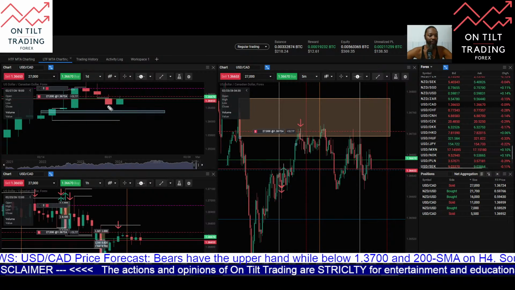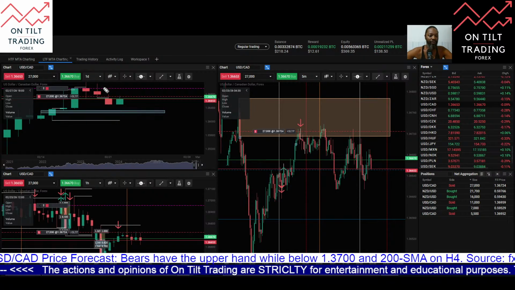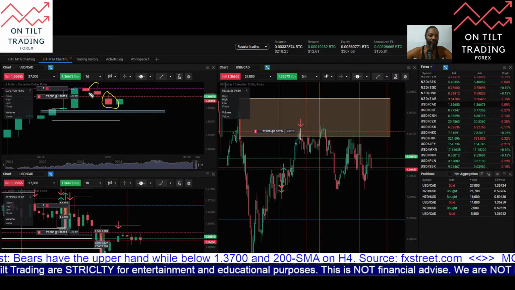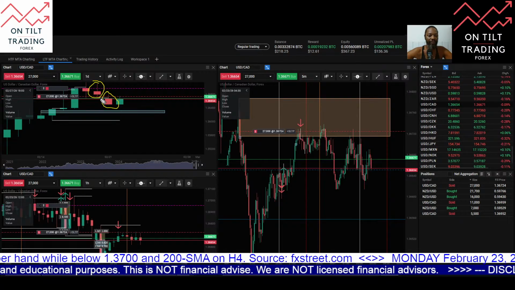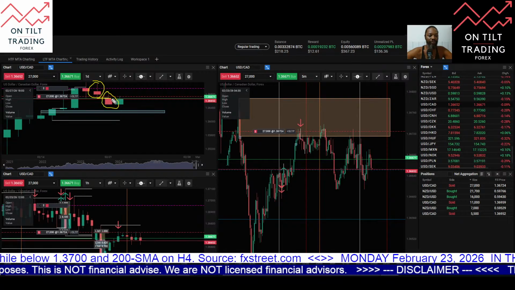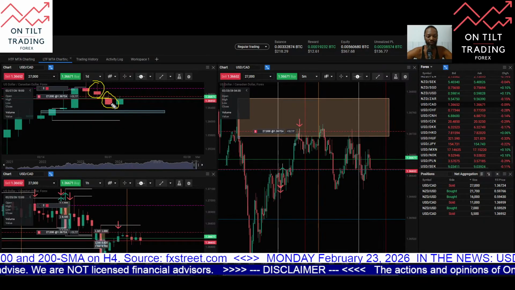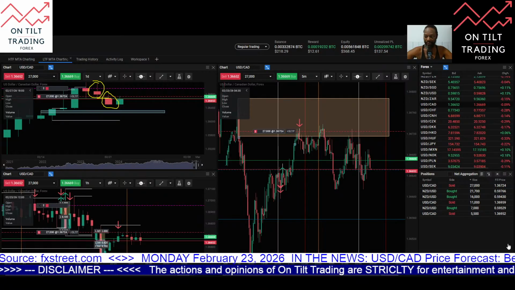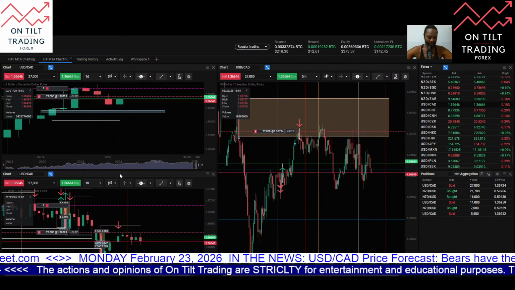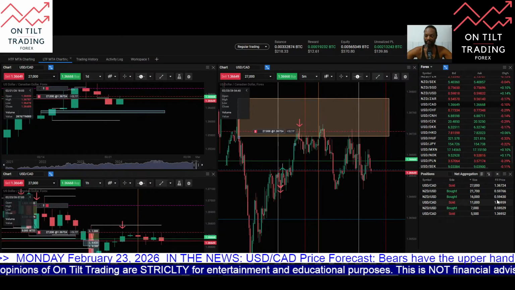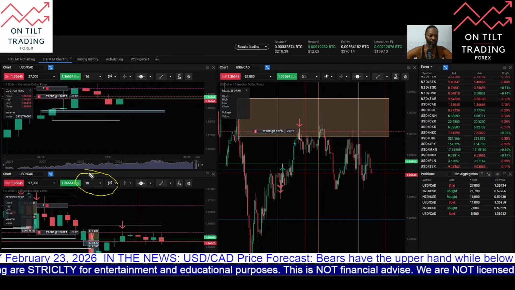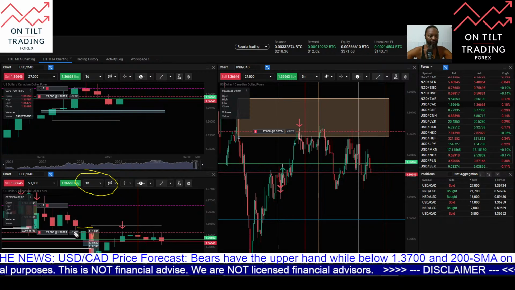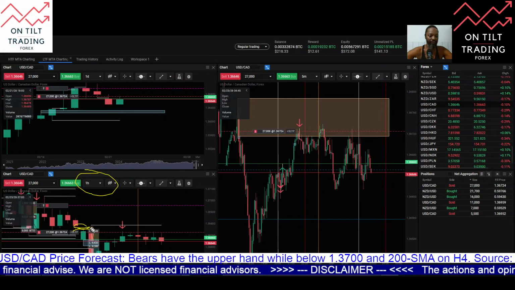So for my daily draw on liquidity, here is yesterday's candle, and here is day before yesterday's candle. So with that, price has closed with the body candle closed below day before yesterday's low. So this gives me a sell side draw on liquidity. And then if we come down here on the 1 hour chart, can see that price action here is the new day opening gap right here in this area,